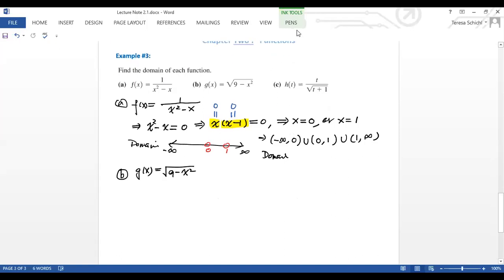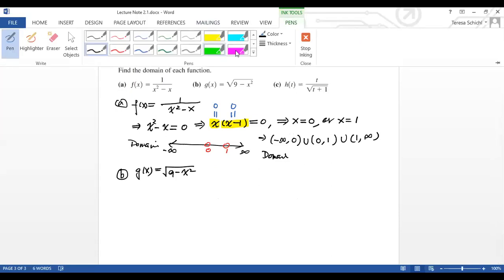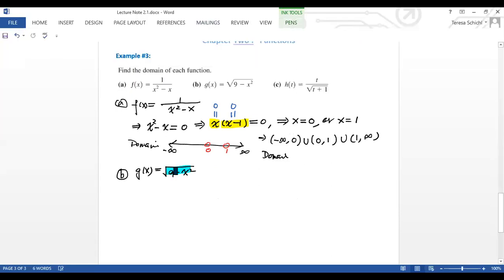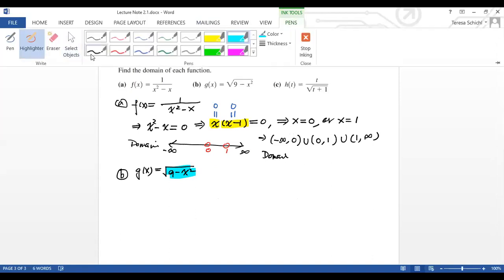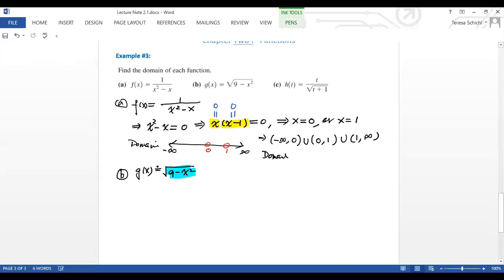And this is square roots, right? So that means the inside here cannot be less than 0, right? So now let's see what happens when it is less than 0. So if this is less than 0,